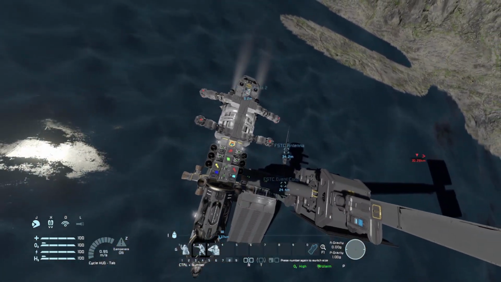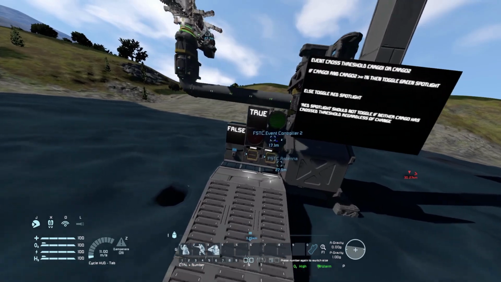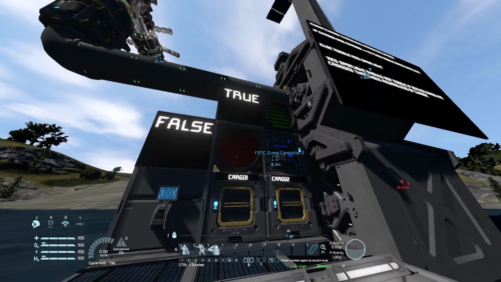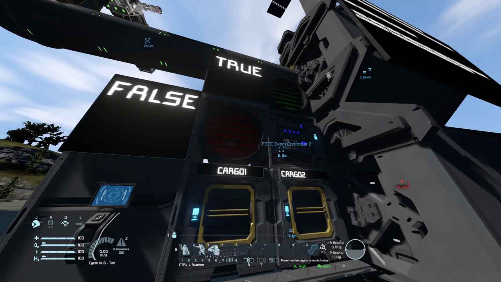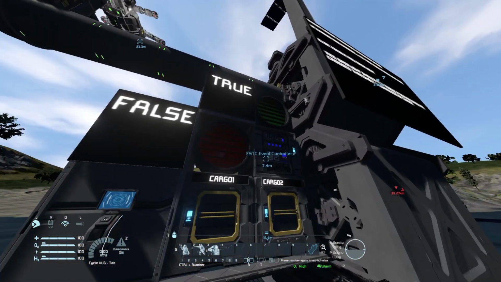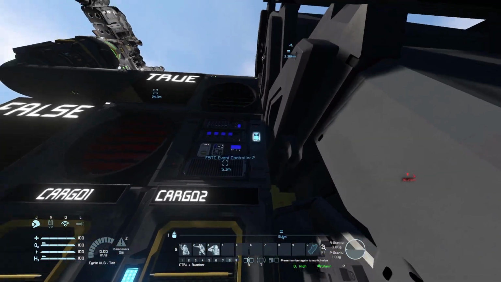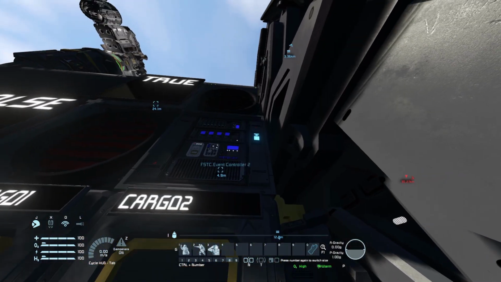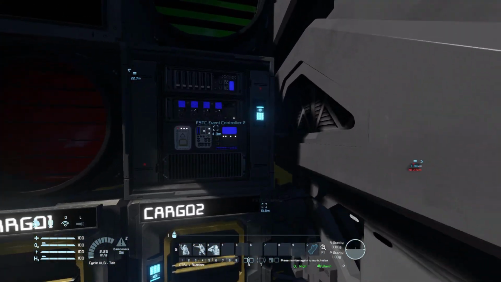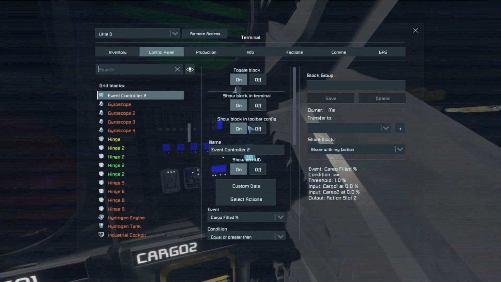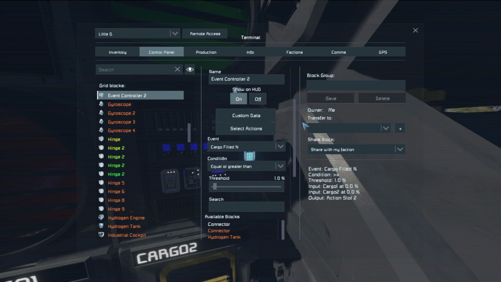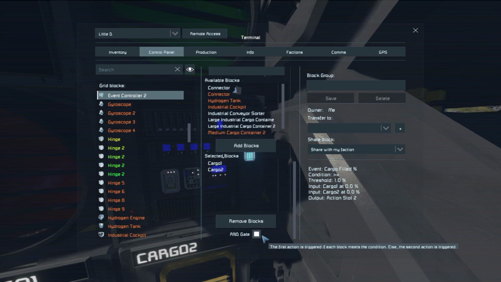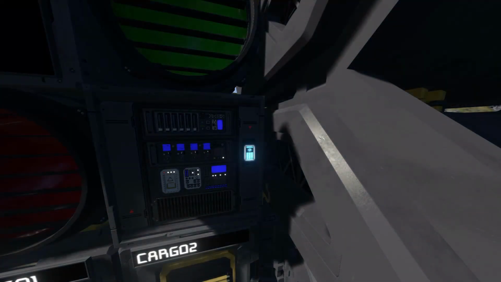Now, this next part is the part that I need the developers of Keen to pay close attention to, because I'm pretty sure that the event controllers are kind of broken right now. Well, I'll grant that it is the beta and they're sort of expecting people to detect the bugs, but let me just demonstrate. What I'm specifically referring to is this thing, the AND gate. It doesn't work. Well, it kind of works and it doesn't work in certain specific scenarios because,